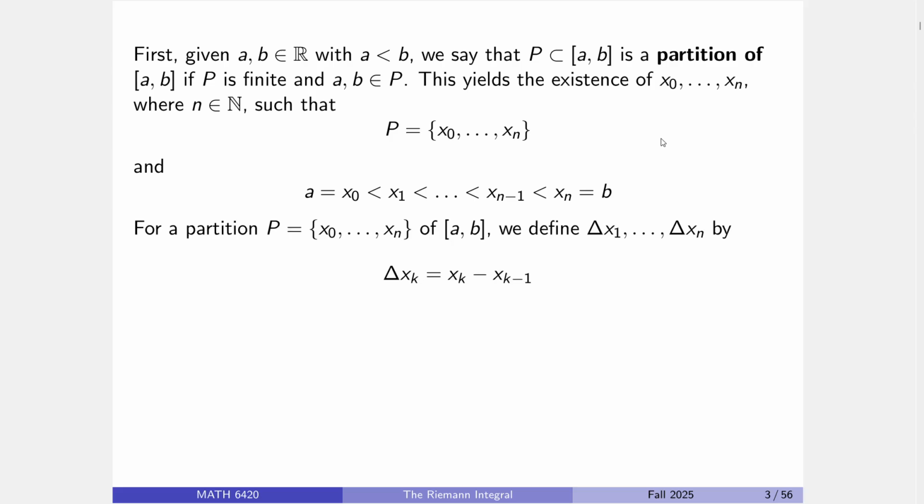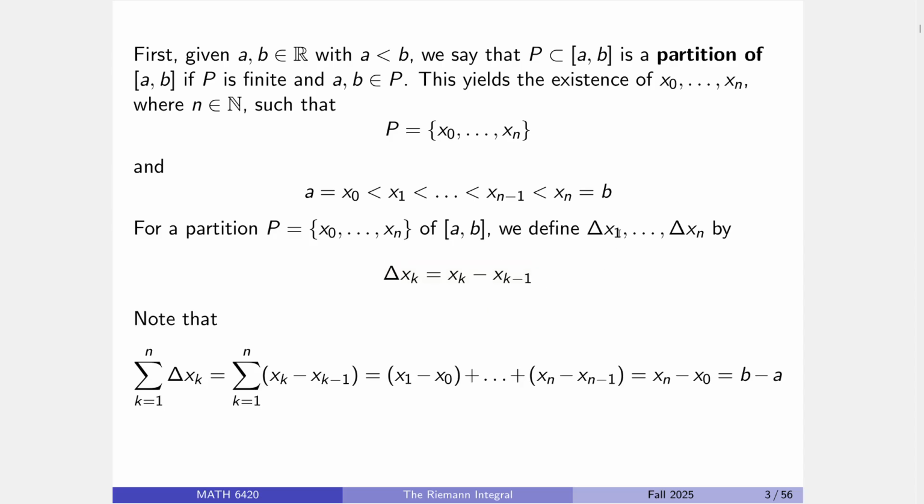Cool. Now obviously, with a partition in hand, we can easily define the delta x's, which are just the right endpoint minus the left endpoint. Note these are always positive quantities. And furthermore, something we will frequently use is that if you add all of these up, you just get the length of the original interval [a,b]. That's pretty easy to see because the sum will be a telescoping situation, and as we've pointed out, telescoping sums will